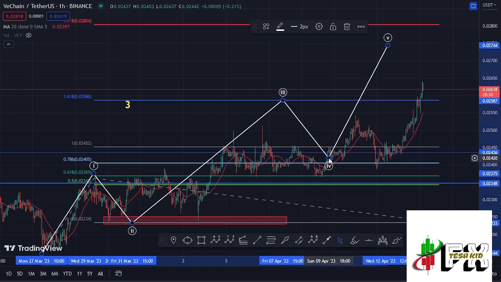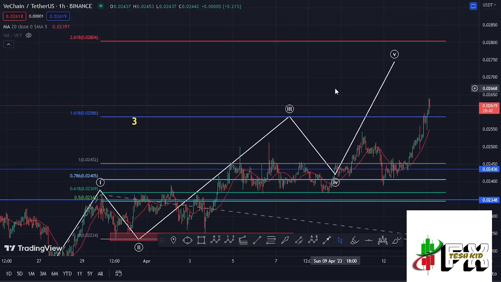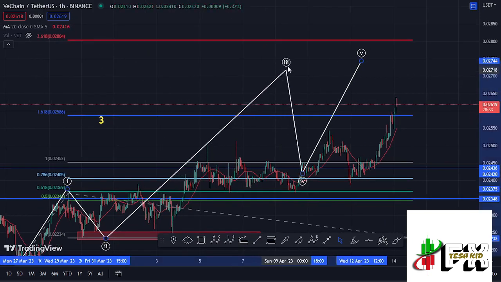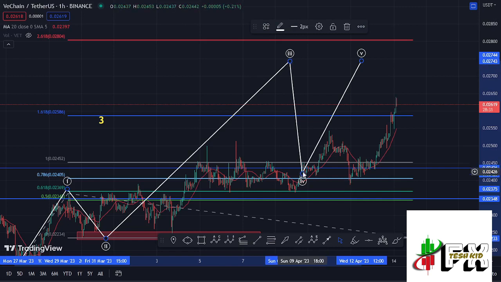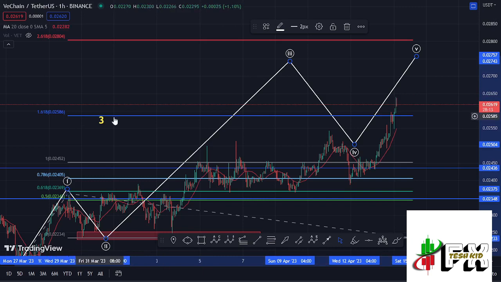The first one is that there are chances that we might continue gearing up and maybe get to the next key area on the Fibonacci's, which is the fib level 2.618, and that is at around the $0.02804 mark. And in case such a move plays out, then we will have the high for that wave 3 in place. Then from there we can expect a bit of a cool off in the formation of that wave 4. The alternative scenario to this is that since we have fully maximized our target area, our minimum target area,